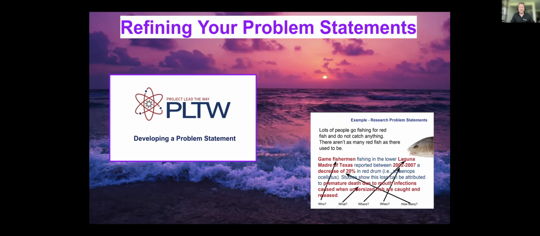Now, as they start doing some research, they're going to identify the who, the what, the where, the when, the why, the how many. They're going to try to answer as many of those questions as they can by doing some academic research. Again, they may not find all of the who, what, where, when, why, and how, but they slowly are going to become an expert inside their field as they start researching, as they start looking at different associations,